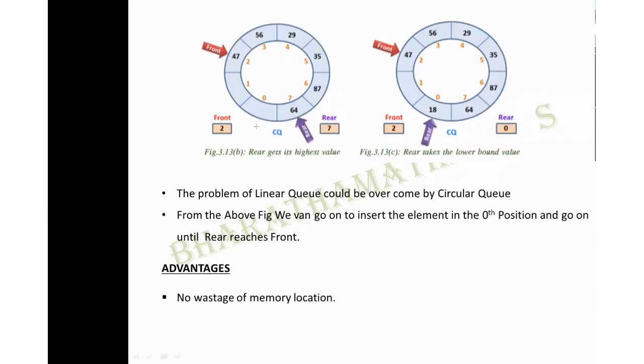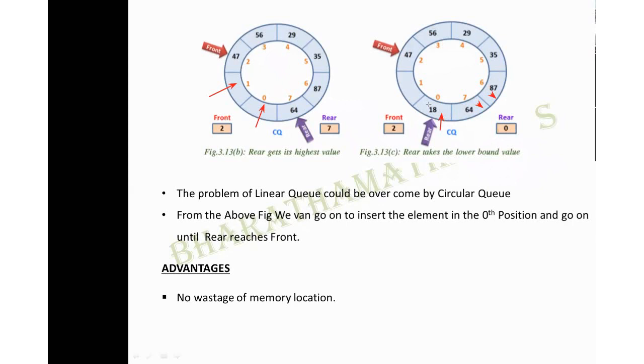See here, in the 0th position the value is removed. In the first position the value is removed. In the previous slide we didn't have any values in the 6th and 7th position. So we have now inserted the values in 6 and 7. And now new values are inserted in your 0th position also. Now your value is added in your 0th position also.